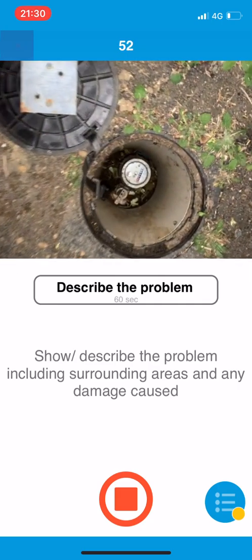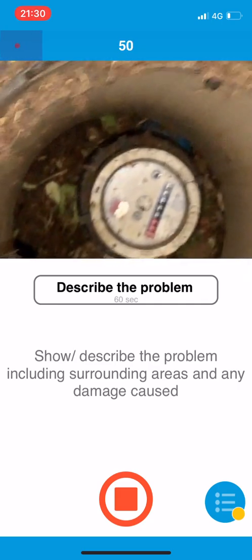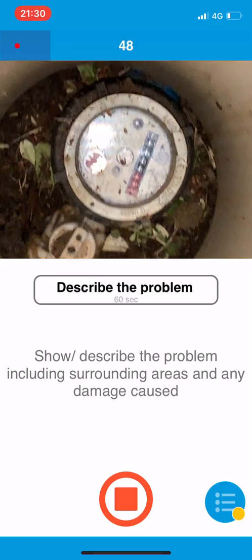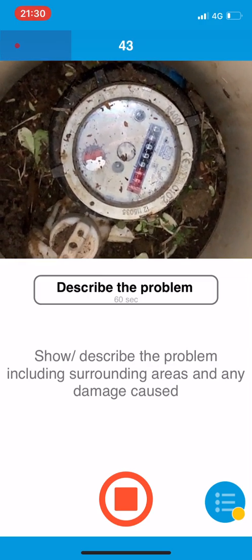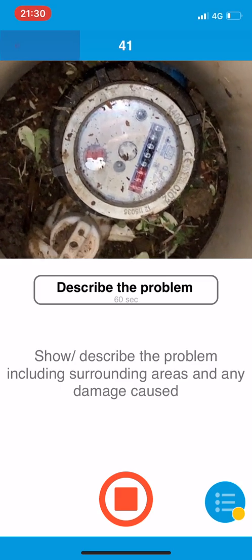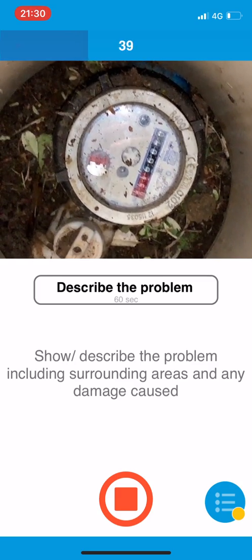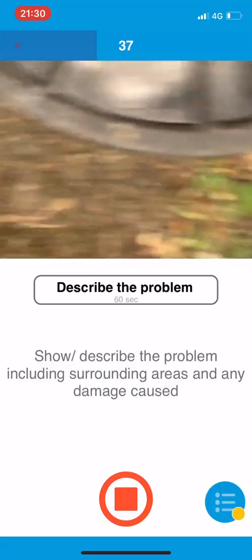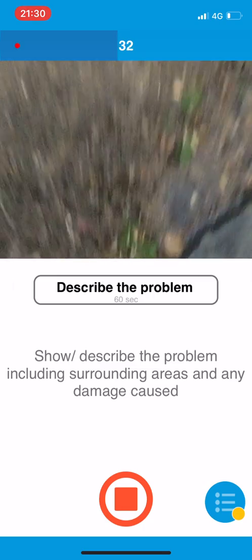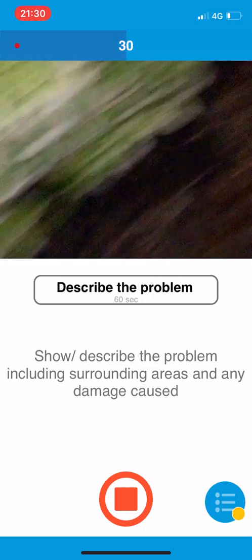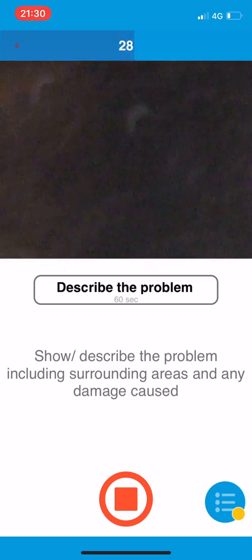I'm going to close in and then use the zoom on my screen to show my water meter, and the wheel is moving round despite the fact that I don't have any appliances on or any water demand in my house. This is showing me that I think I may have a leak somewhere. I'm just going to close my water meter cap, walk around to my drive,